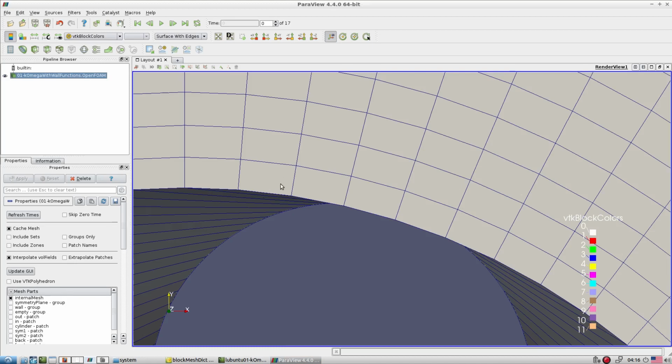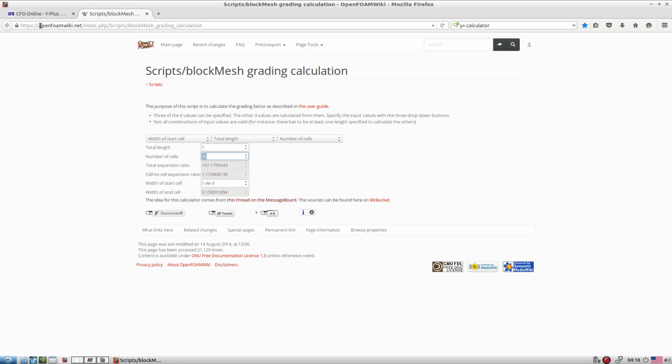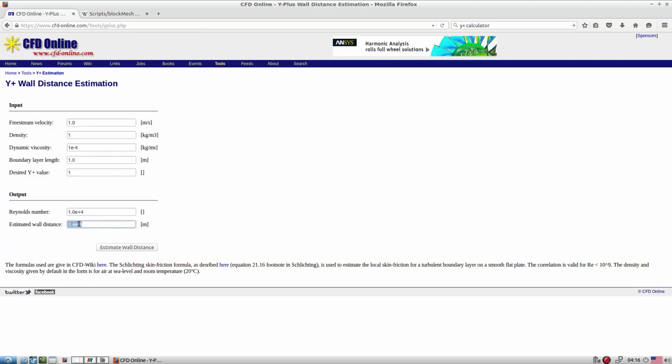When you give this first cell height, it is still not necessary that at all locations you get a y plus below or equal to 1. Why? Because whatever calculation you are getting is a first-hand calculation, and this value comes from a flow over a flat plate, but we are applying the same concept on a circular cylinder. So there is always error. Sometimes, whatever you get here, try to give an even smaller value if you are going without wall treatment, that is low Reynolds number.